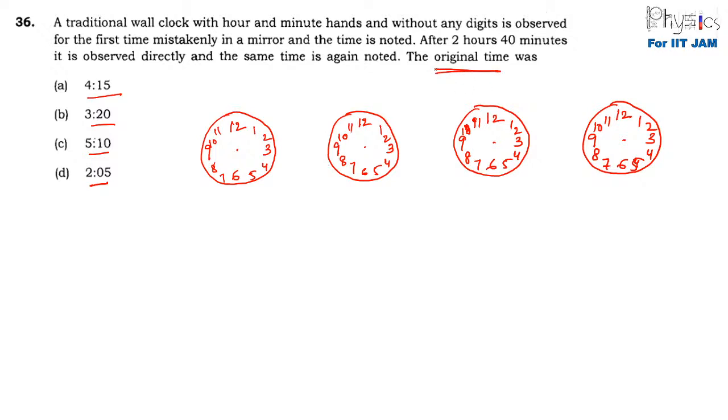So if these options are the original time, then it would revert, right? The person who saw the time saw it mistakenly in a mirror, right? In the first time, right? So whichever is the correct time, it will